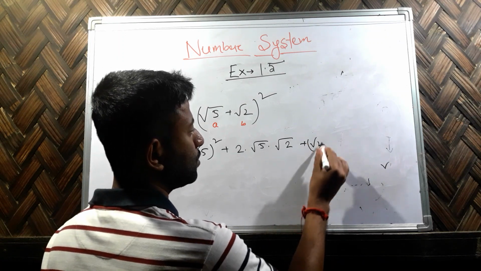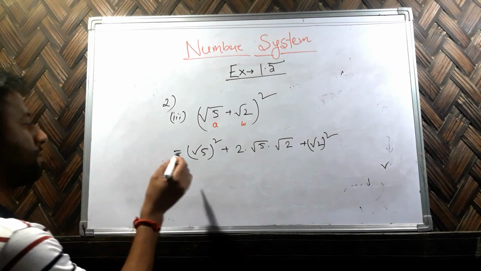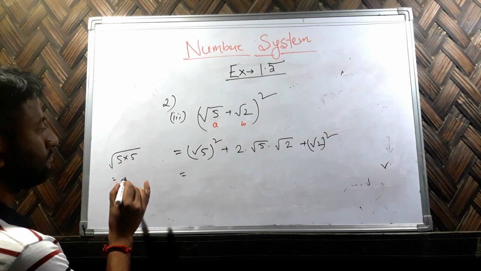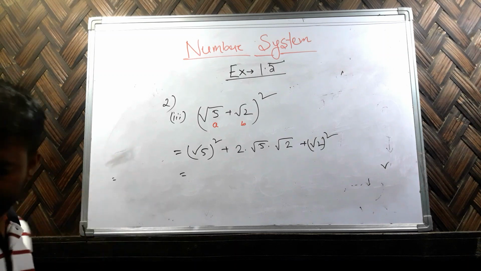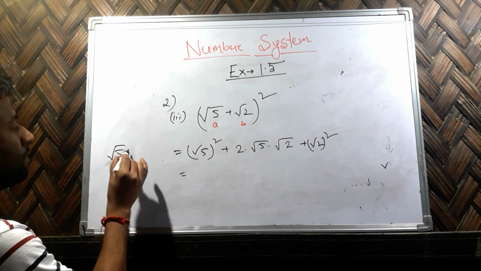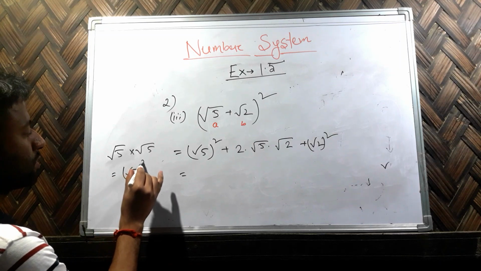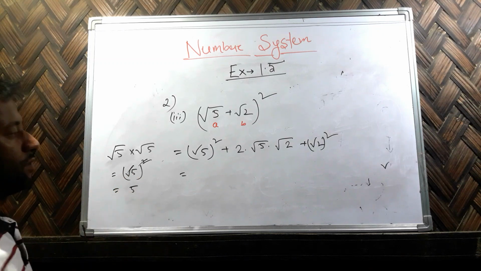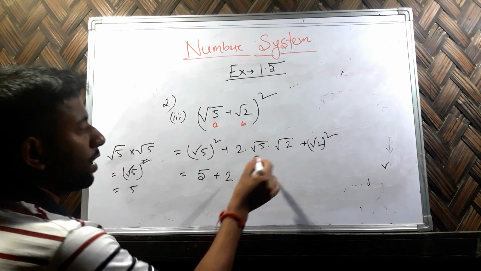प्लस √2 स्क्वायर। सो ये √5 स्क्वायर का मतलब क्या है, √5 इंटू √5, तो मतलब √5 और ये स्क्वायर बाहर है। अब ये स्क्वायर और रूट कैंसिल हो जाएगा, अल्टीमेटली यहाँ पे 5 रहेगा। तो इसलिए ये वाला टर्म क्या हो जाएगा, 5 प्लस ये वाला।